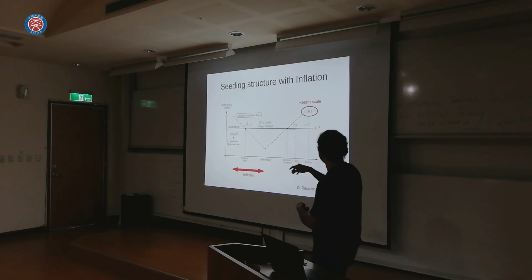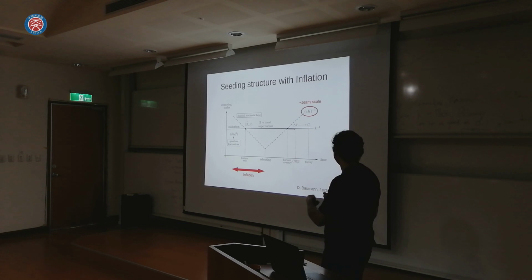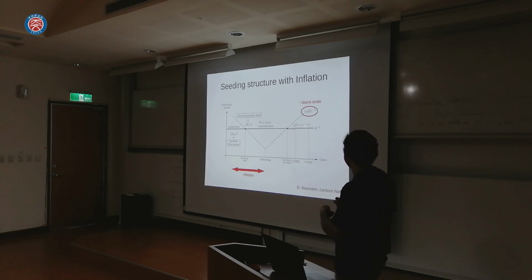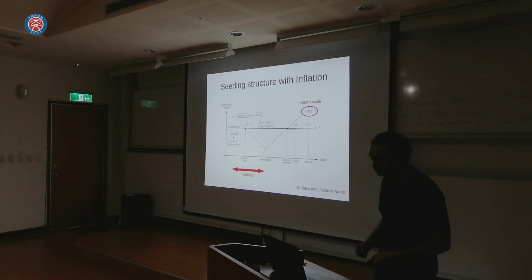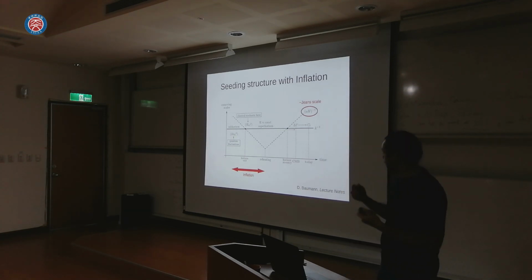And then later on, once we have the standard Big Bang with radiation domination and matter domination, the Jeans scale starts increasing once again, and these fluctuations can re-enter the horizon, and then they can actually seed structure, for instance, in case of scalar fields, or primordial gravitational waves that we can then observe.